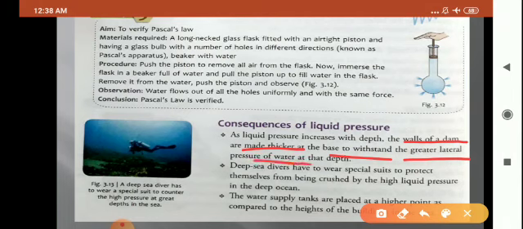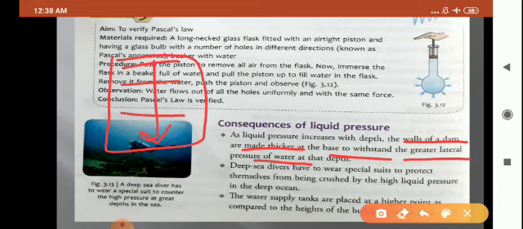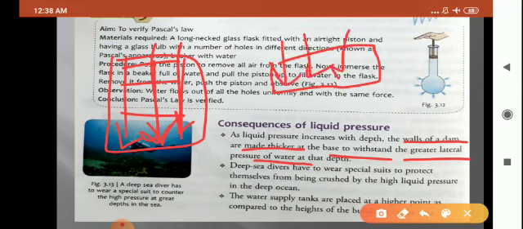Now, as I have already explained to you children, that liquid pressure increases with depth. लिक्विड प्रेशर जैसे जैसे आप पानी में और अंदर जाते जाओगे, डेप्थ में जाते जाओगे, the liquid pressure increases. So that is the reason in dams the base of the dams are made of thick walls, or the bases of the dam are made thick. Reason? Because as you know, at the bottom there will be more water pressure.